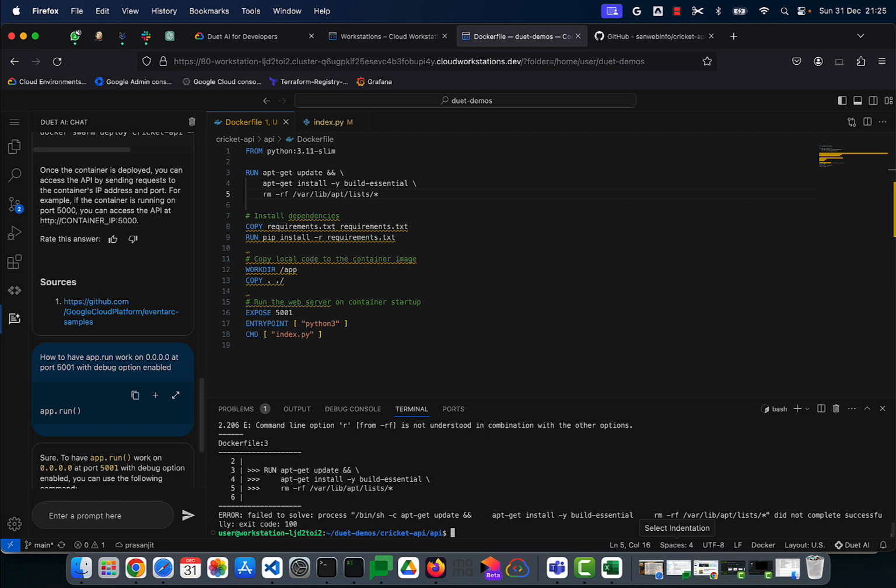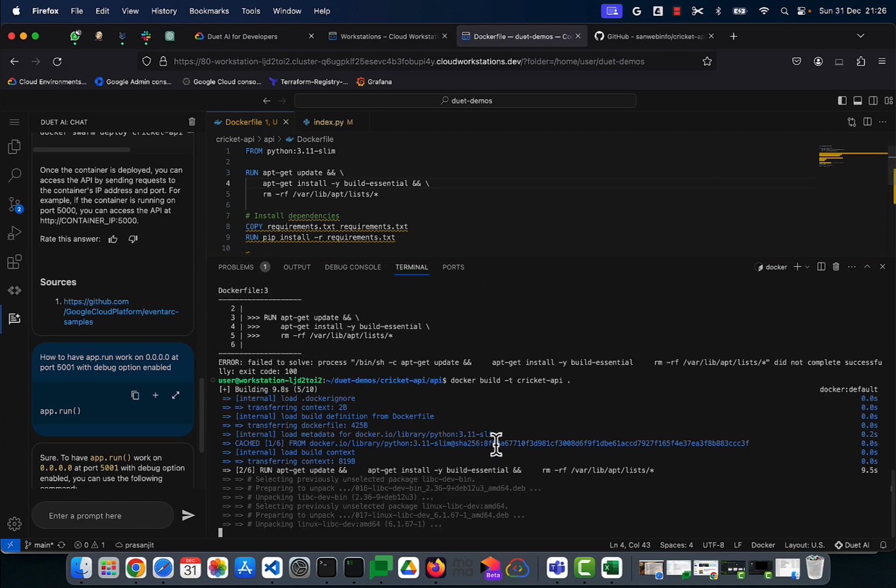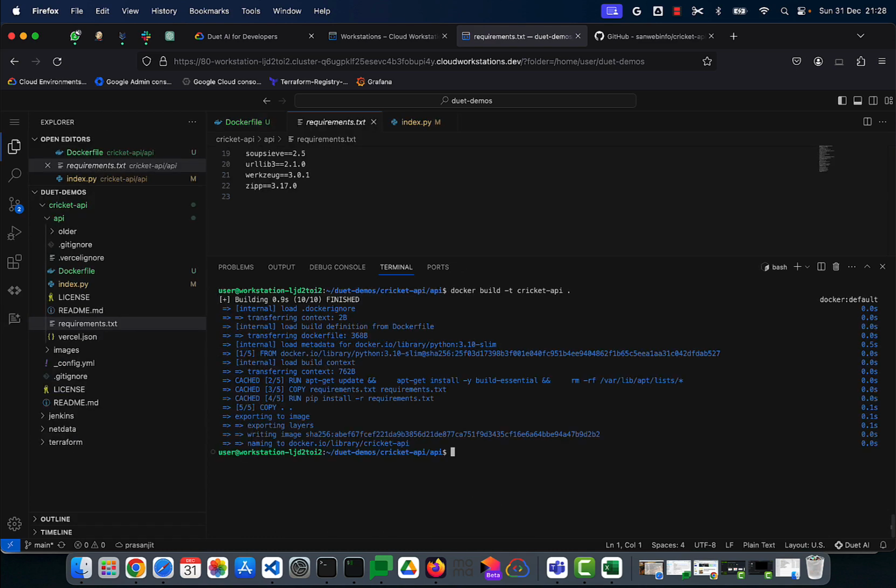Let's get back to the Docker file and check. What is missing? All right, so we have missed out the ampersand. So we put the double ampersand there because we are executing multi-line commands. Okay, so our Docker image is rebuilding. I think it should work fine this time. So here we have our image built perfectly fine, and